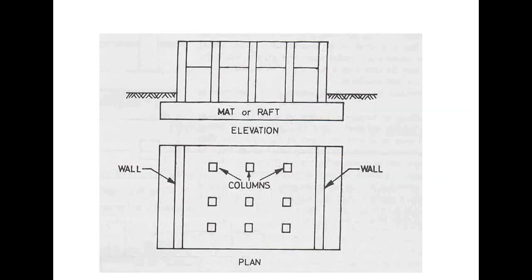Mat or raft or combined footing or strip footing or strap footing, whatever the footing, the final settlements can be reduced and the soil bearing capacity can be increased. To perform the function properly, the footing must be laid at a suitable depth below the ground surface. The vertical distance between the ground surface and the base of the footing is known as the depth of footing. The depth of footing controls the ultimate bearing capacity and the settlement.